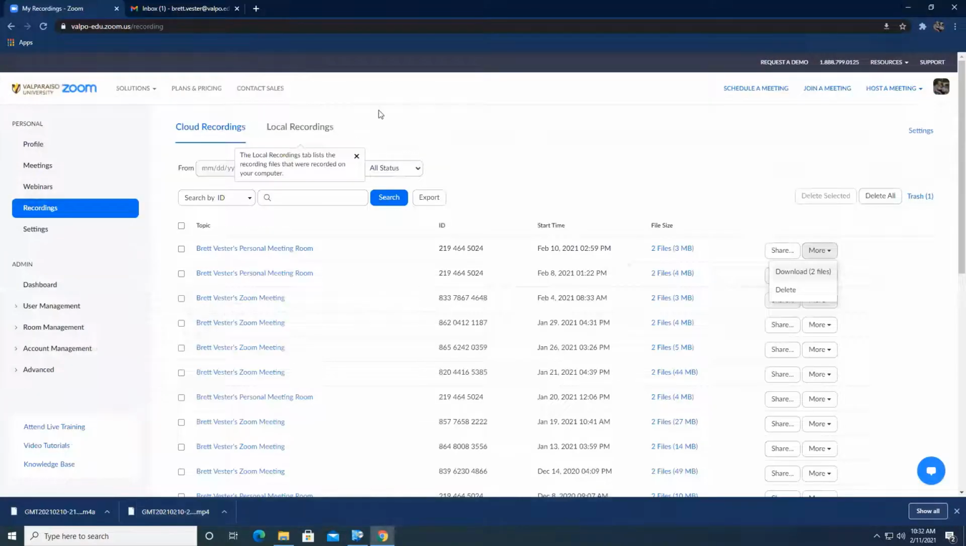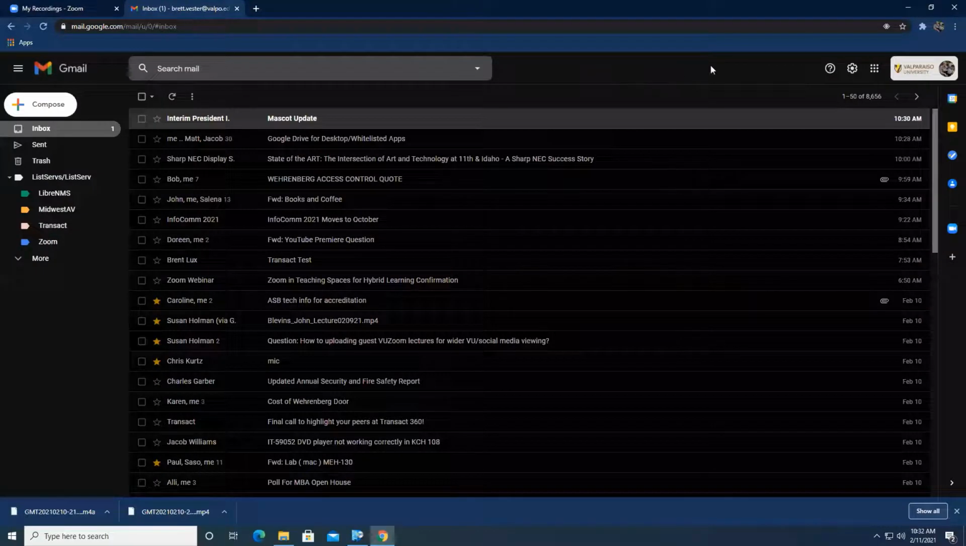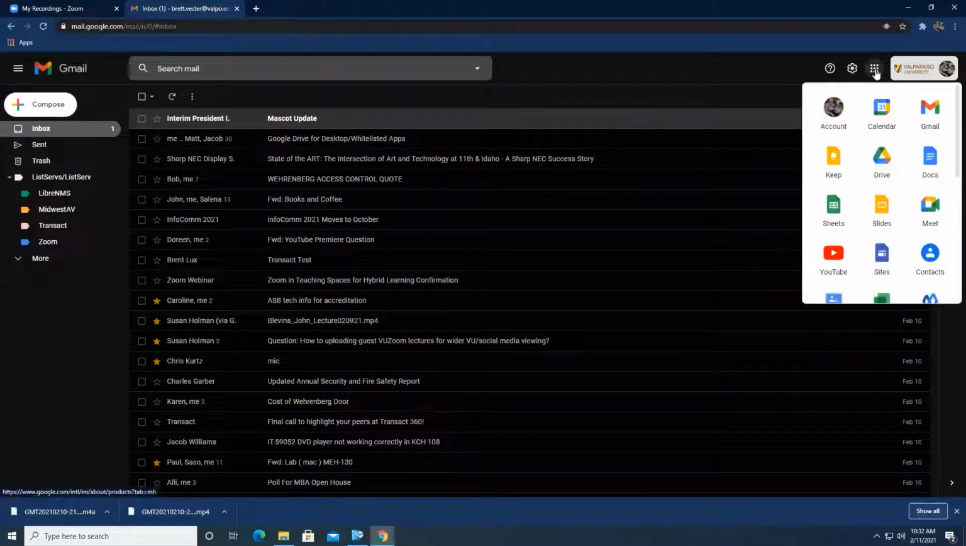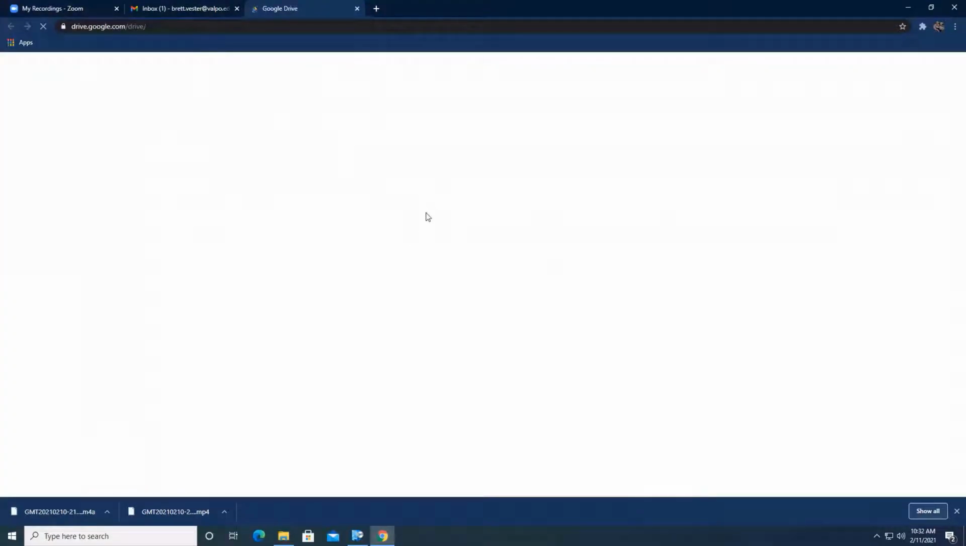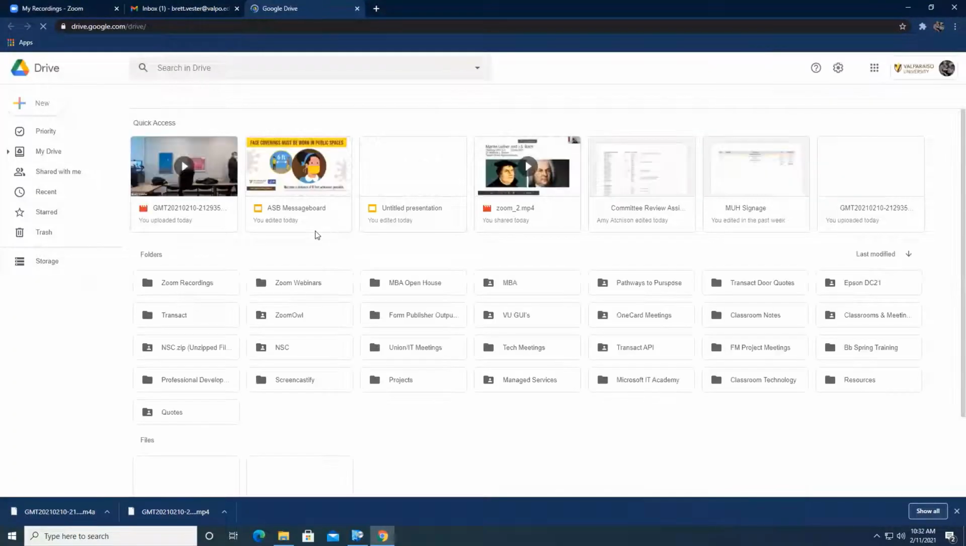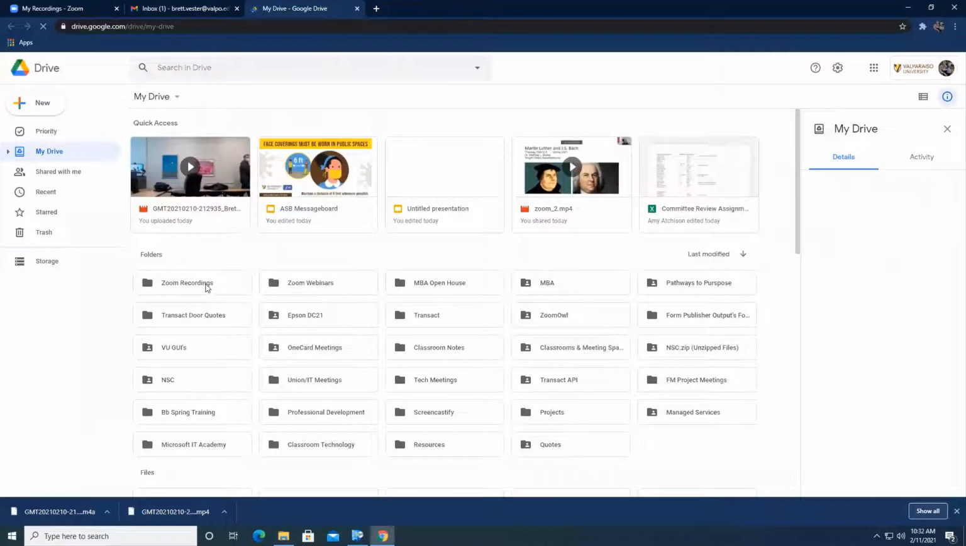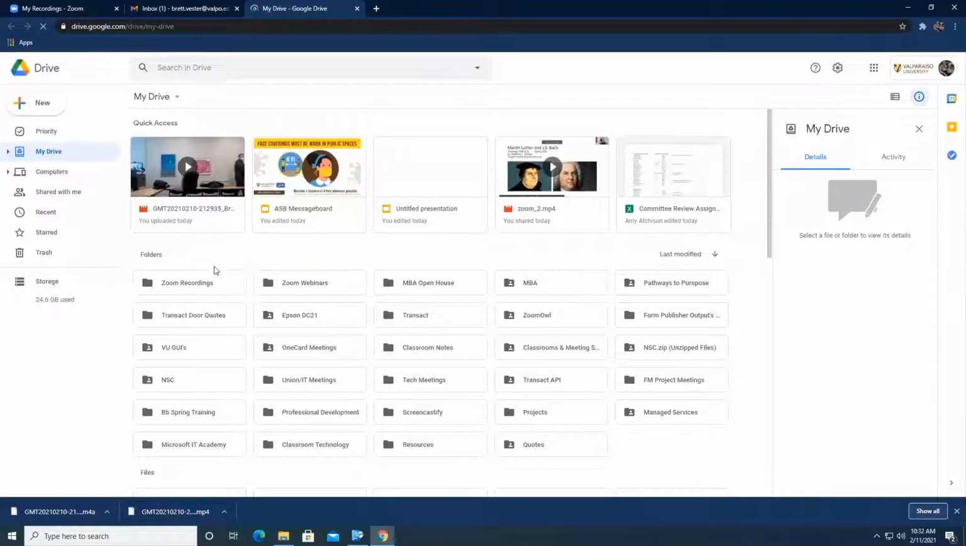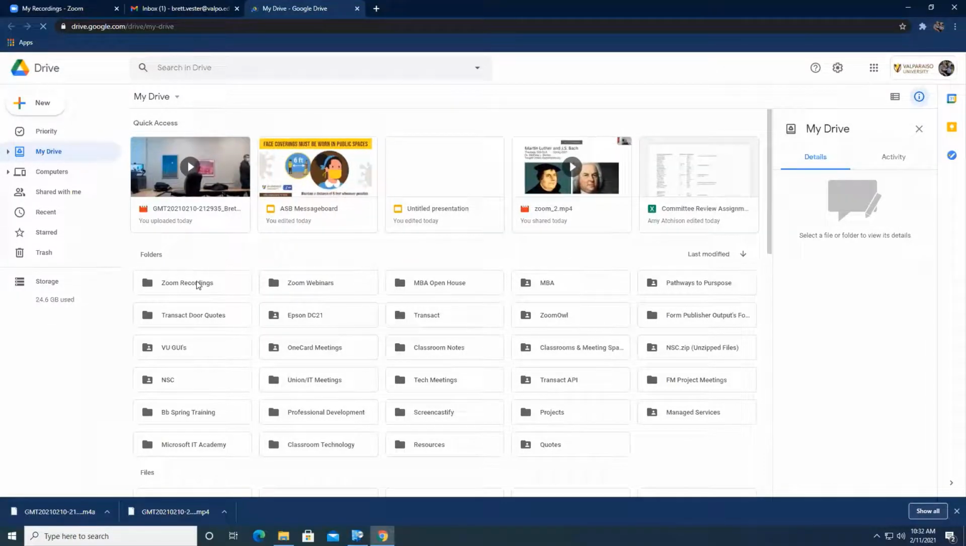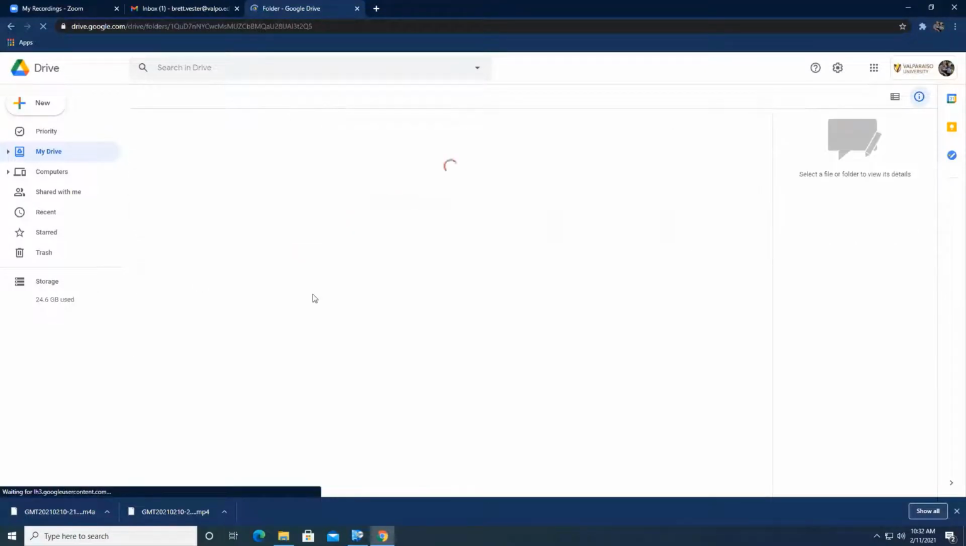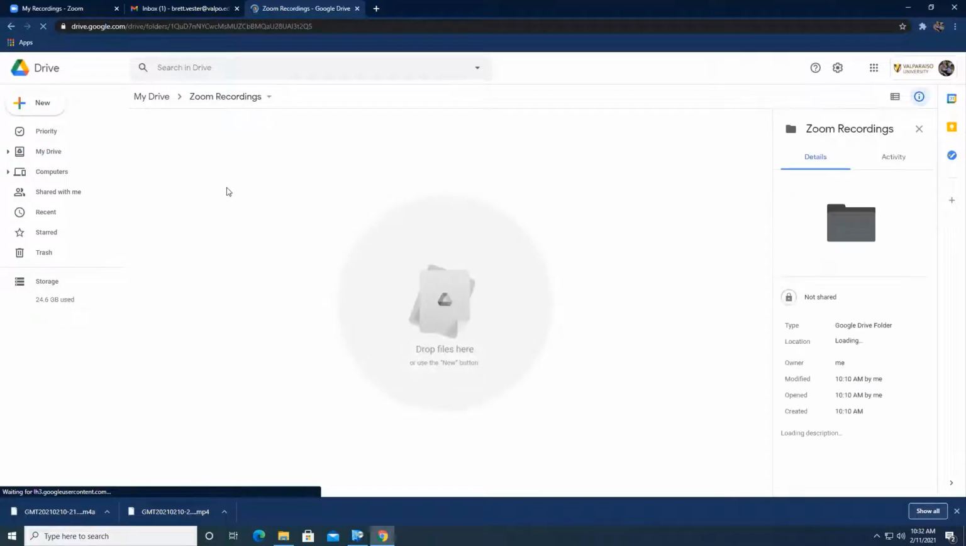At that point, you can go to Google Drive. I'm going to show you a much easier way to do this, but this is just if you're used to the Google Drive interface, this is how it'd be done. So I already created a folder called Zoom Recordings. So if I click on that, sorry, this is moving so slowly. There we go. So then in here, I can